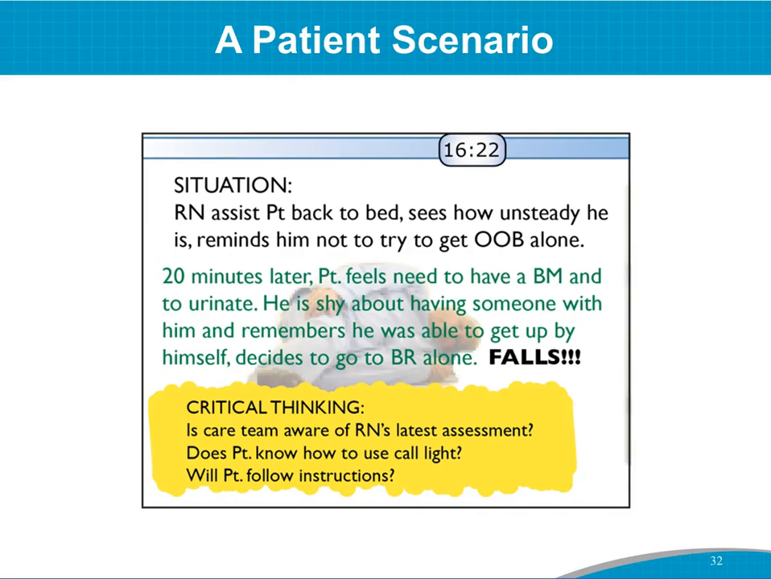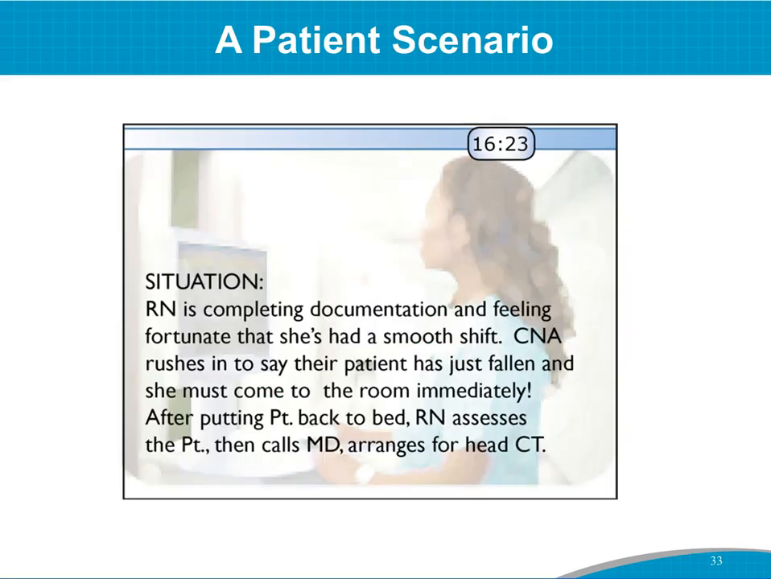So again, these questions come up ongoing through this patient scenario. Is the care team aware of the RN's latest assessment? Does the patient know how to use the call light? Will he follow instructions? Does he remember the information that's told to him? Is there anything that's inhibiting him from remembering what the nurse has said? And this is a great opportunity to interject the whole idea of teach back with the patient as you're discussing their fall risk, having them teach you back what they learned and what they're going to tell